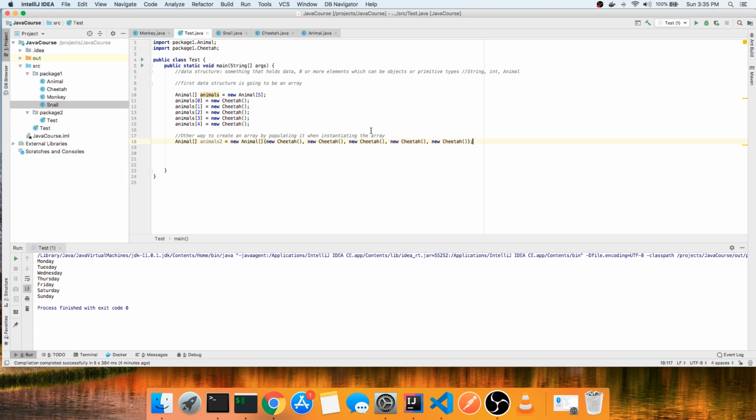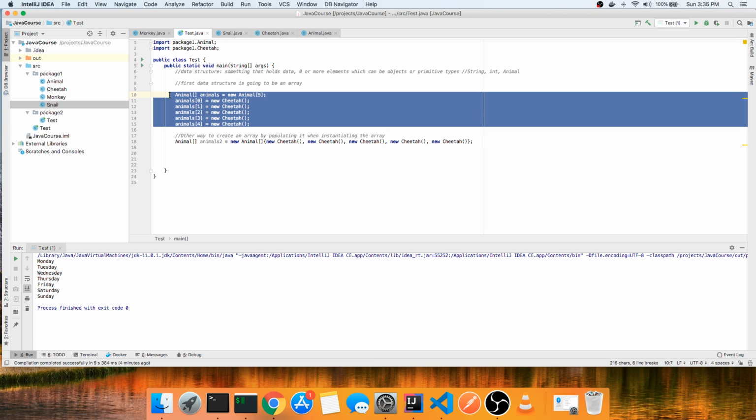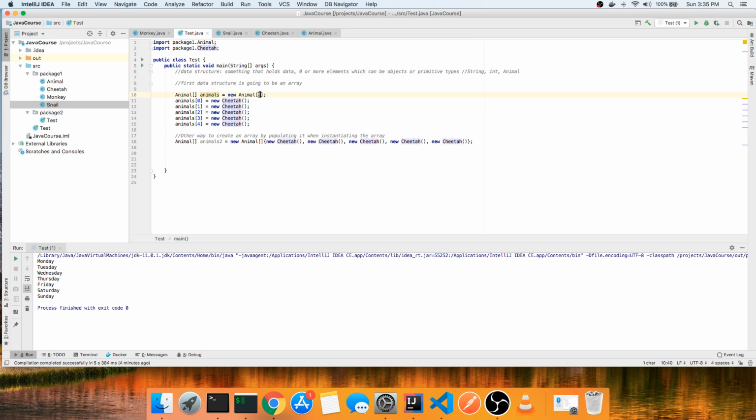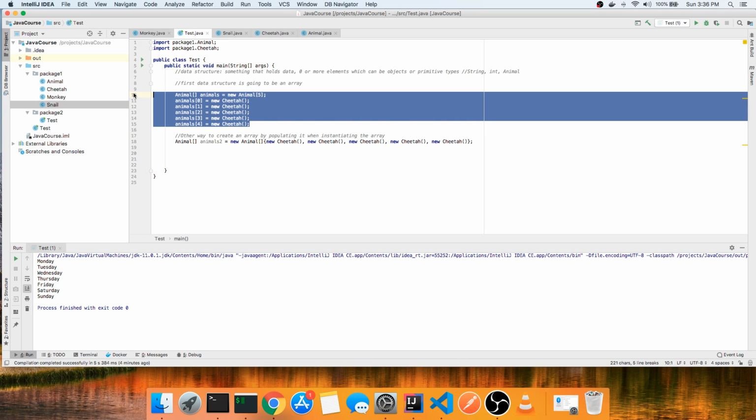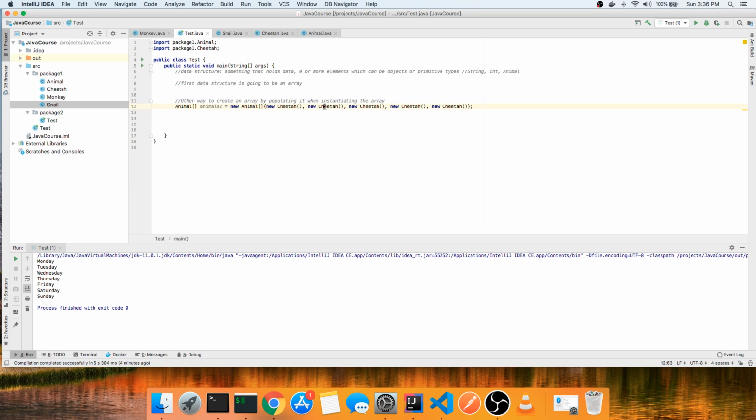So now this is the same thing as this, because instead of setting each value later on, sometimes you don't know what the values are. You're creating an array and you don't know what the animals are going to be yet. But in this case you do. If you know what elements are going to be in the array, you instantiate the array and populate it in one line. So let's do the second one, because in this case we do know: we're going to have a cheetah, we're going to have a monkey,